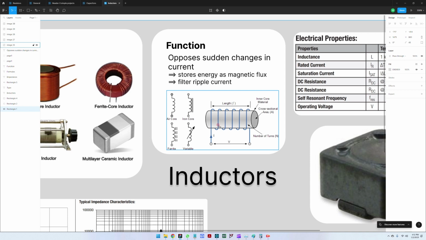The main way that an inductor does this is it stores the energy going through the inductor in a magnetic flux. So it creates a flux around the ferrite material and around the coils, and then this flux opposes any change in this current going